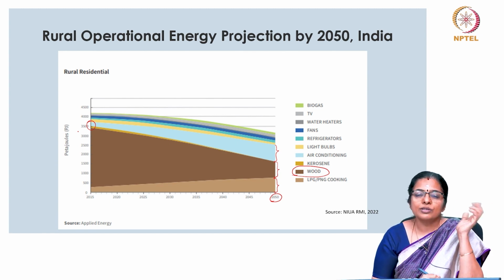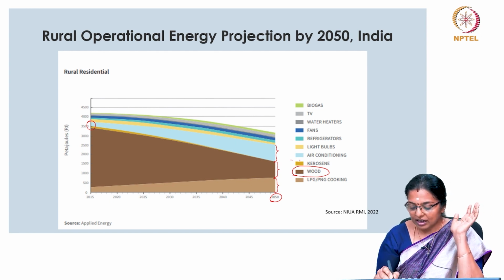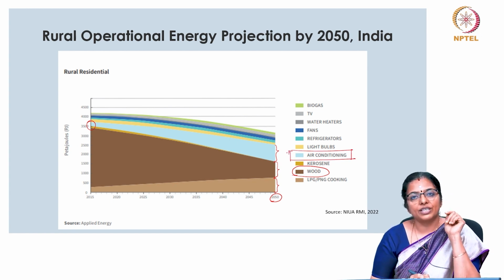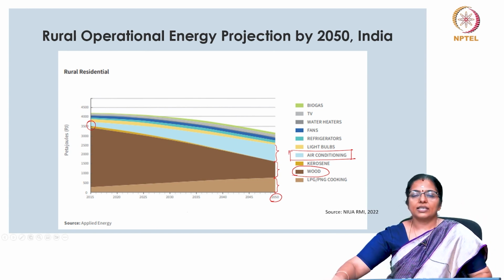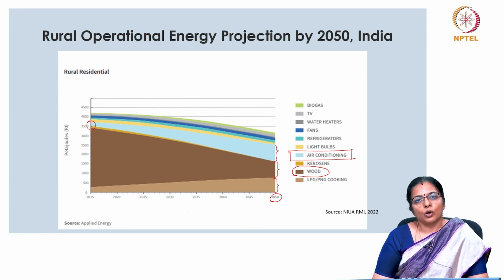And therefore, that is also a matter of concern, which means we can see that air conditioners are the major contributors to operational carbon and operational emissions. And as I had already said, we as architects have a very crucial role in trying to curb, in trying to reduce the carbon emissions due to operational energy through appropriate design. In our next few classes, we will focus on these aspects also.